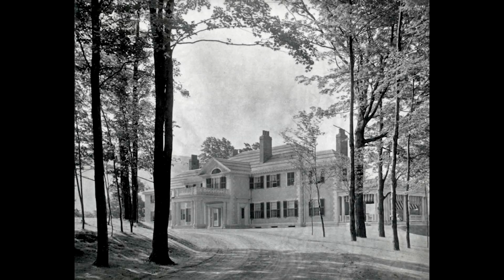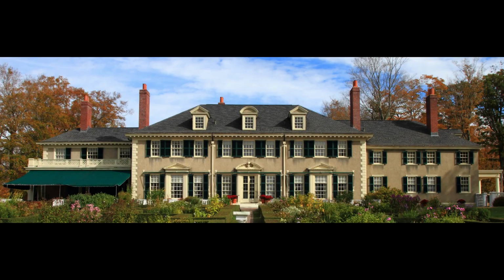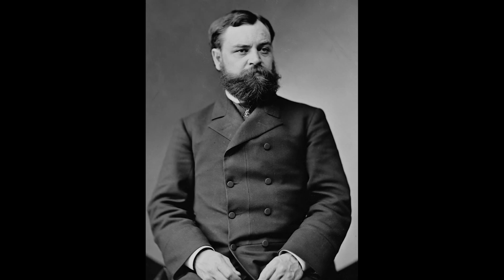The last specific piece of history we'd like to highlight in Manchester is Hildene, the summer home of Robert Todd Lincoln and Mary Lincoln. This mansion is in the Georgian Revival style and was completed in 1905, located southwest of Manchester Center. Robert Lincoln, the only child of President Abraham Lincoln and Mary Todd Lincoln to survive into adulthood, served